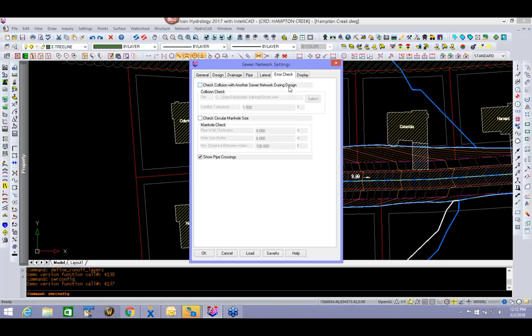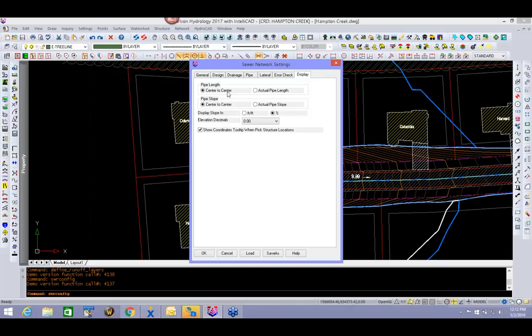Okay, so if I had a sanitary sewer that I've already designed, I could check this box and then design my storm drainage with a conflict tolerance of 18 inches so that the program would notify me if I was within crossing pipes. Also, the manhole integrity, you can also check that here as well. In our display, we have options in here to do pipe length or actual pipe length, center to center or actual. Our pipe slope from center to center or actual pipe slope, percent or feet per feet,